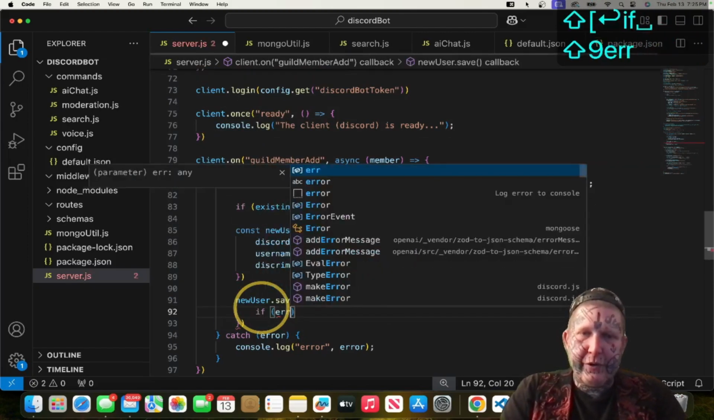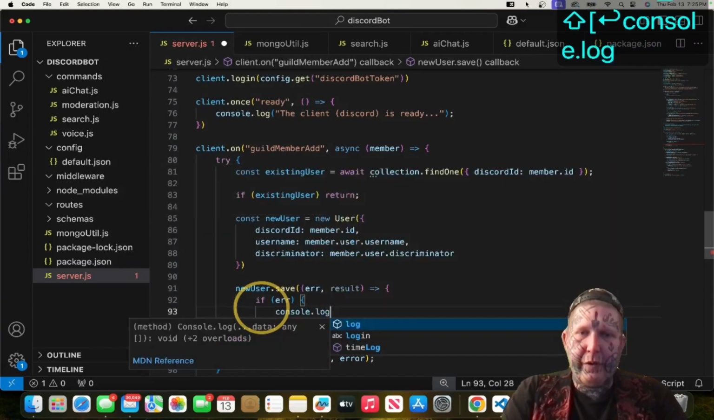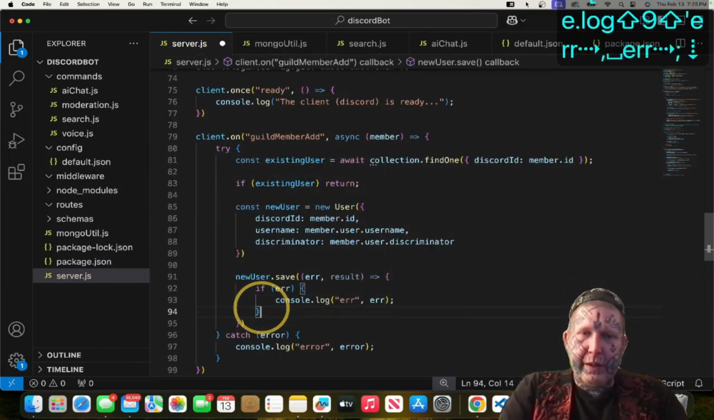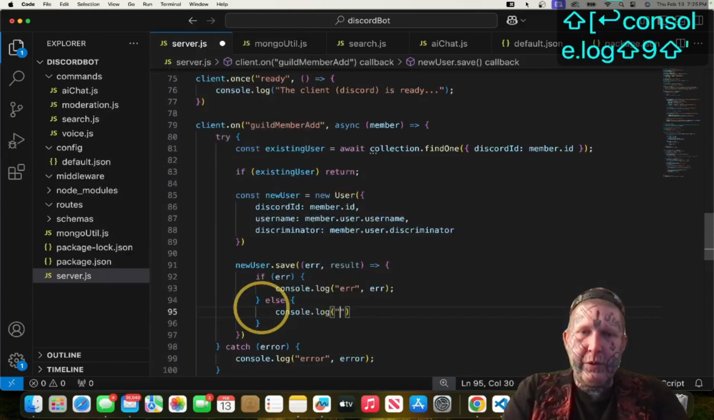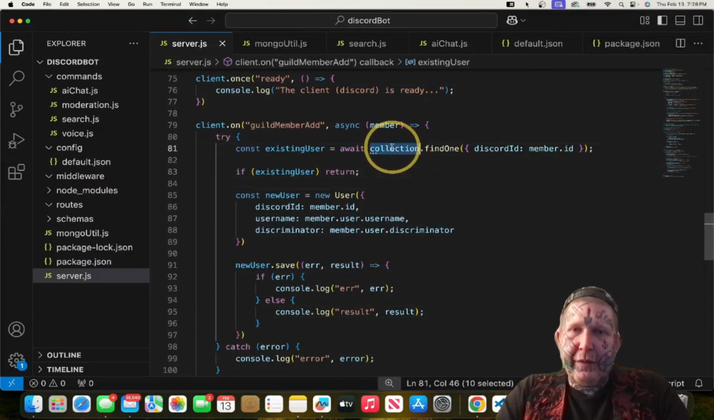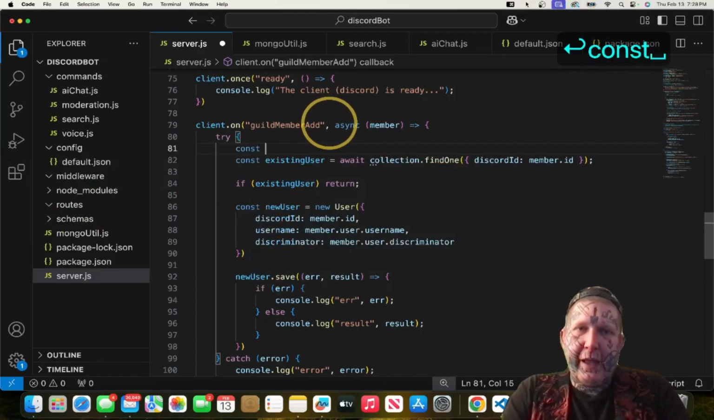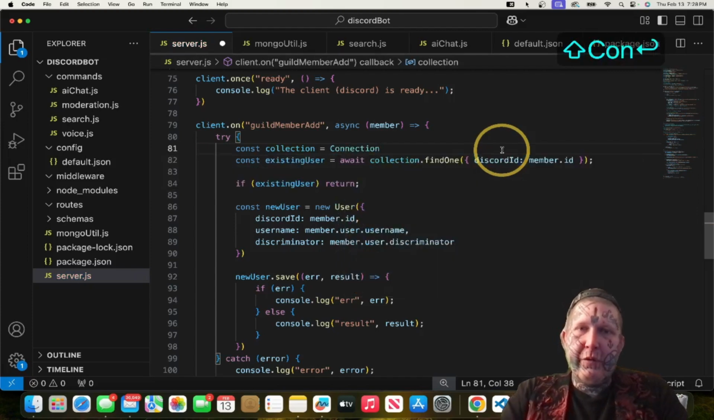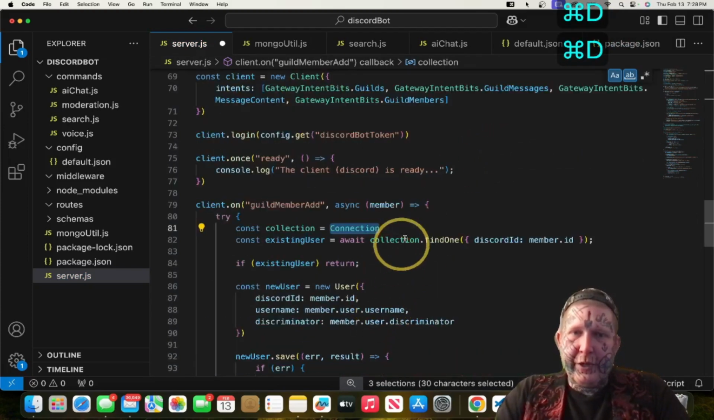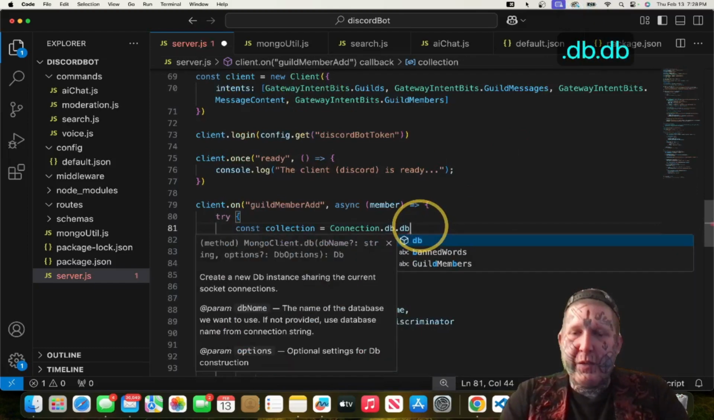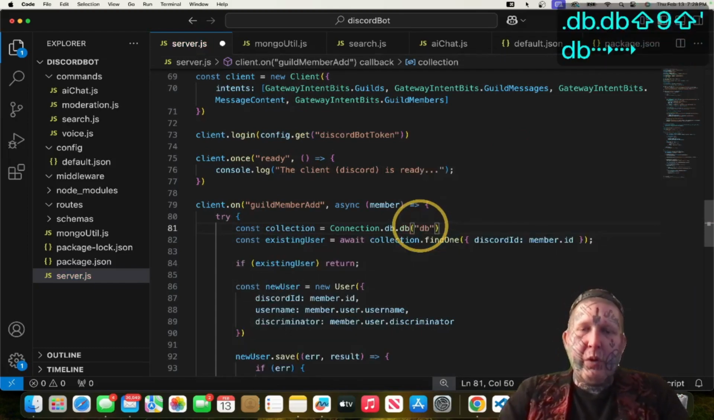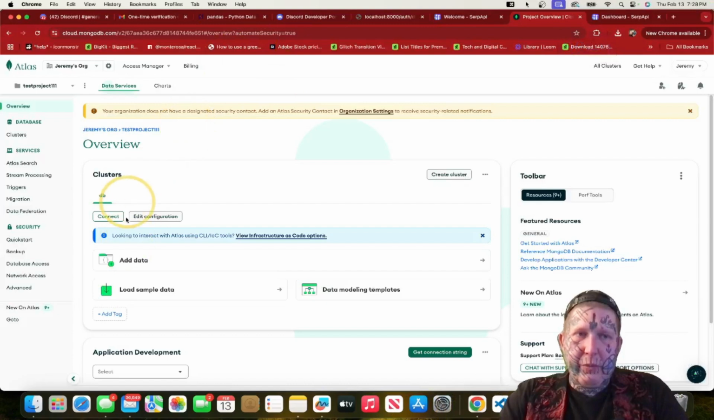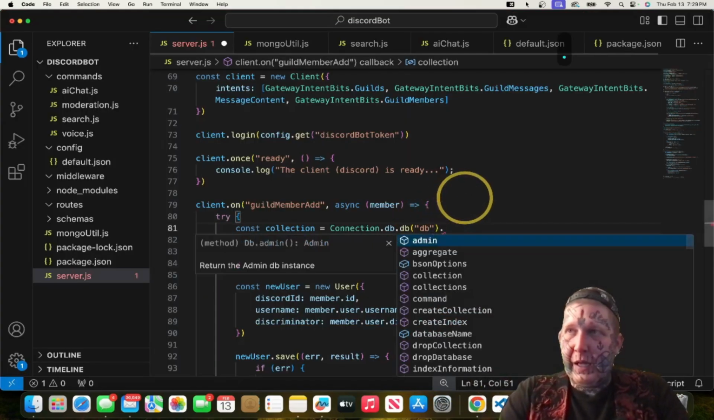And then we're going to do newUser.save with error, result. If the error exists, then console log the error. Else, console log the result. And there we go. We need to create this collection value though. So right above that, we need to do collection, and then it's going to be connection from the connection right here. Connection.db, and then mine's named DB. Whatever you saved your database as when you were creating it in MongoDB, you can find it right here. Mine's DB. So db, and then collection,